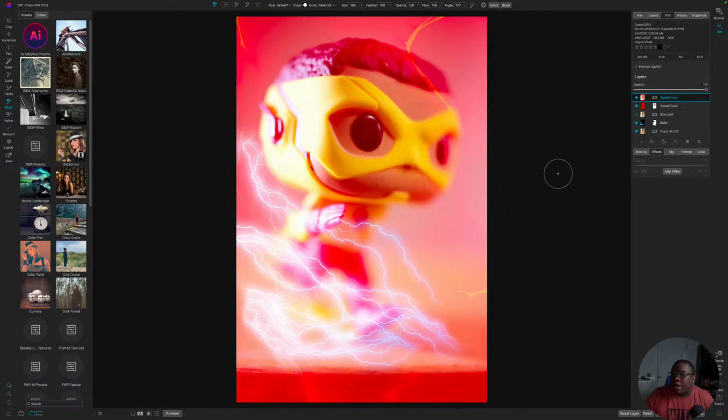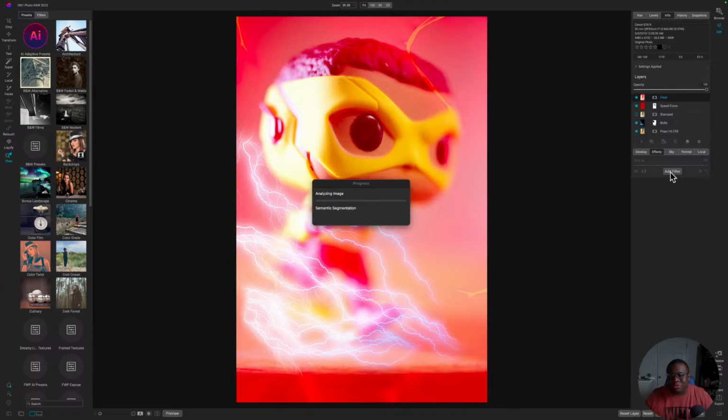All right, so now I have my stamped layer, and I am going to label this final blur, or I'm just going to label it final. All right. And now this is where we can start to add in the effects that we want from ON1. And this is where we can really start to shape this and make it a little bit more of a familiar editing session. So once this gets done analyzing, we should be able to start throwing in some blurs,